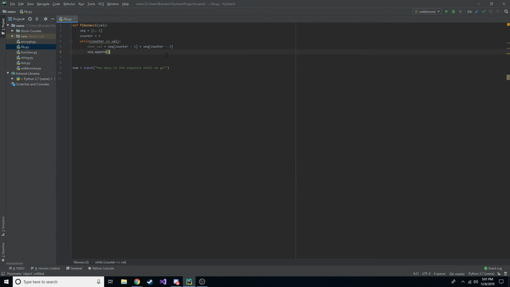So that makes sense. So we're going to append next val to the sequence, so it's going to add it to the very end. And then we're going to set counter equals counter plus 1. We're going to increment it. And we're going to keep doing this, right? We're going to keep doing this until counter is greater than value. And once that's the case,